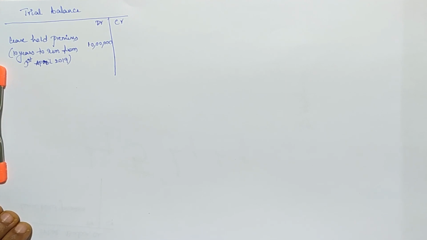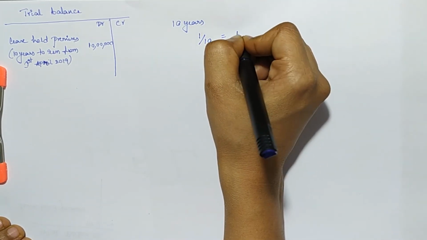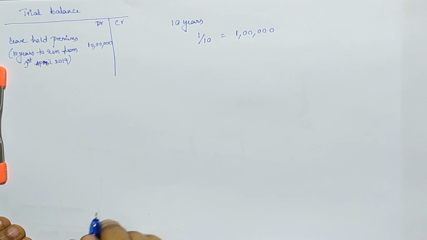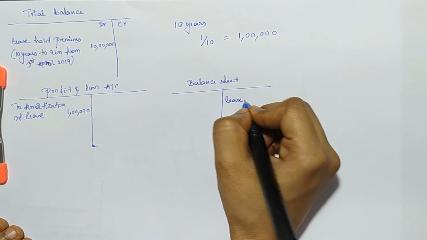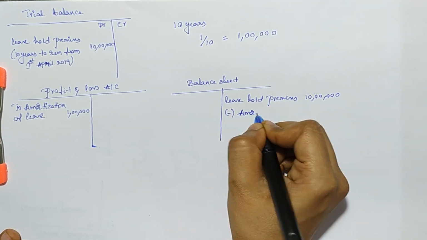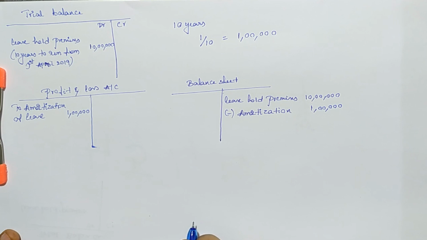Next example is, in the trial balance we have leasehold premises 10 lakhs and they have mentioned 10 years to run from 1st April 2019. In this case, we need to calculate amortization. We calculate depreciation on tangible assets. Amortization is on intangible assets. 10 lakh is for 10 years. For 1 year, it will be 1 lakh. So this 1 lakh, we mention on the debit side of the profit and loss account as amortization of lease. And also, we will deduct this amount from the leasehold premises amount on the asset side of the